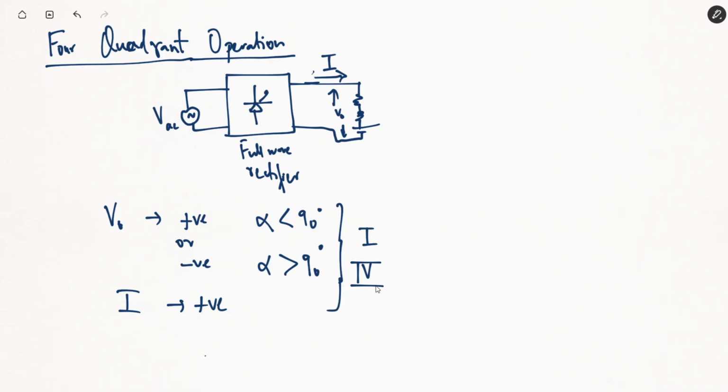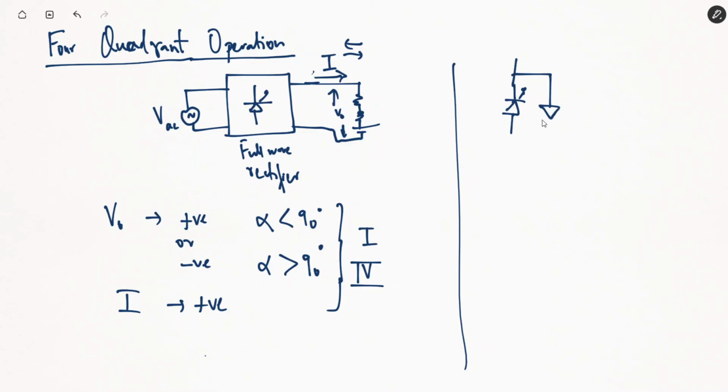Now, is it possible then for us to have a four quadrant operation using a thyristor based rectifier? Well, we can make some tweaks in the circuitry so that we can let the current flow in both directions. We can let the current flow in this direction as well as in this direction. Now, how is that possible? We can use other switches, which is more efficient, say for example, an IGBT or a MOSFET.